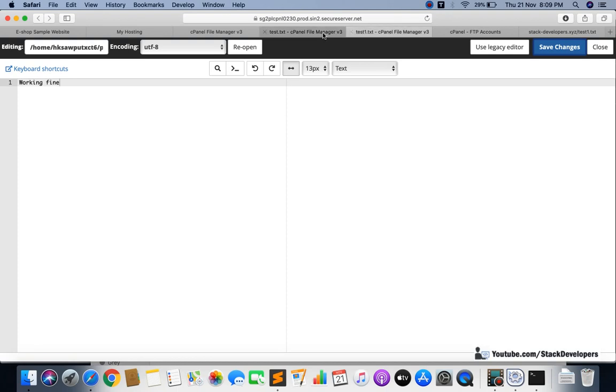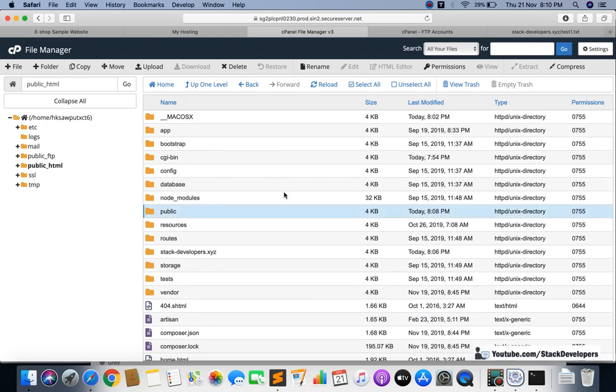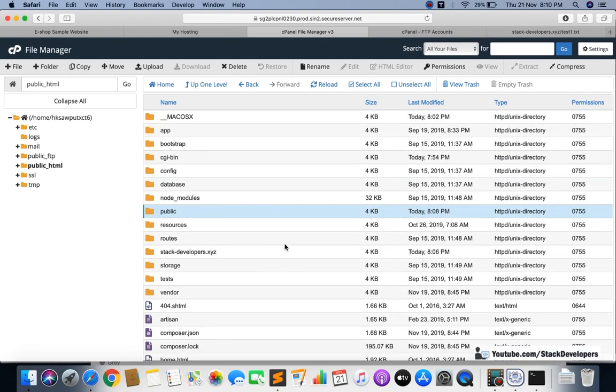So in Laravel, we need to do one thing. We need to make the public folder the root in Laravel. Okay, so the public folder is the root folder for us. So we need to do some setting here. We need to add the htaccess file here. Okay, that I will tell you, how to do this kind of thing for Laravel